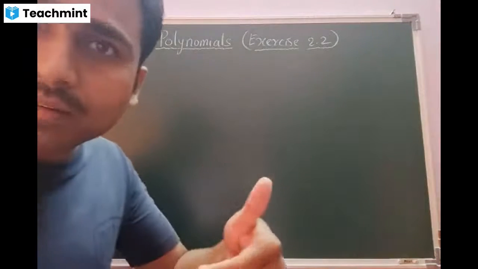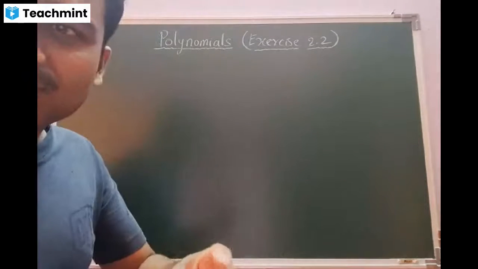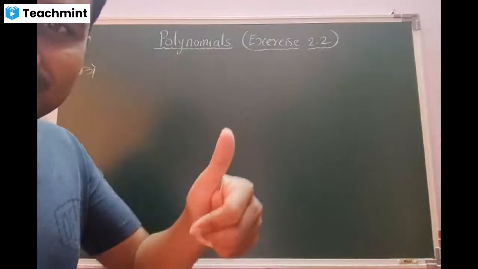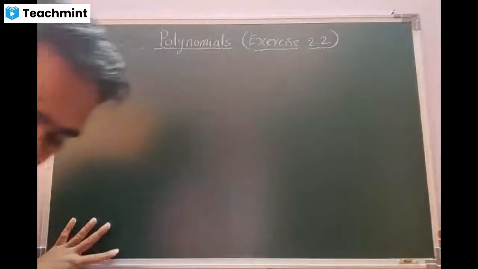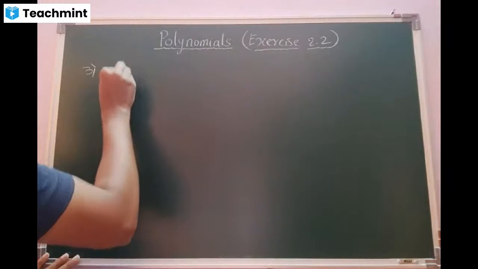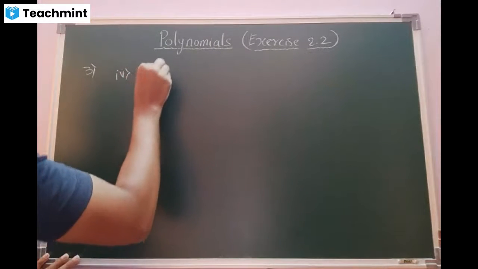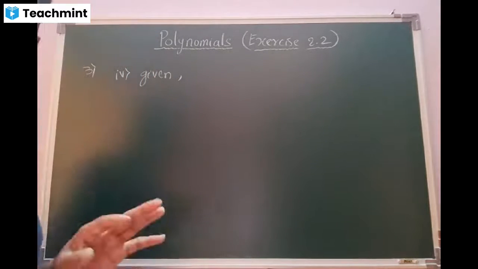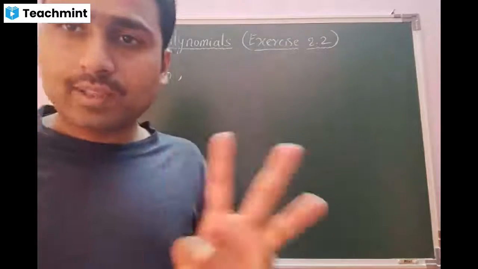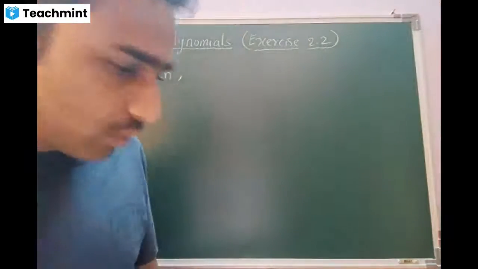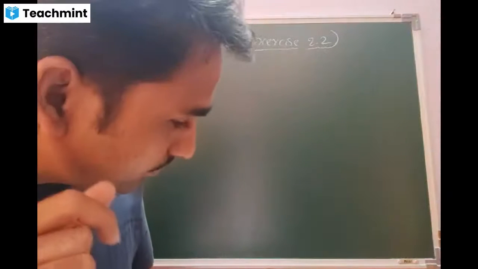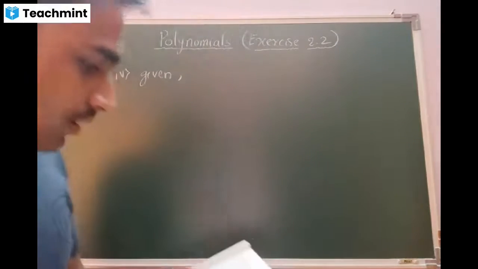Any one of you read? P of x is (x plus 1)(x minus 2), x is equal to minus 1 and 2. Okay, beta. Let us see. Directly, I'm going for the fourth one in the third main. Second and third are left for your practice. Okay, beta. Yes, sir. Let's see.